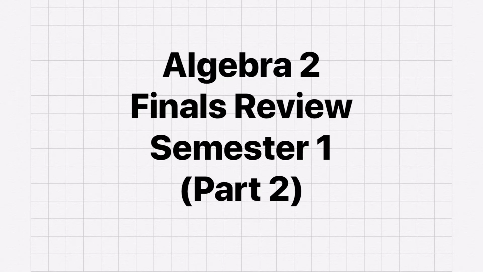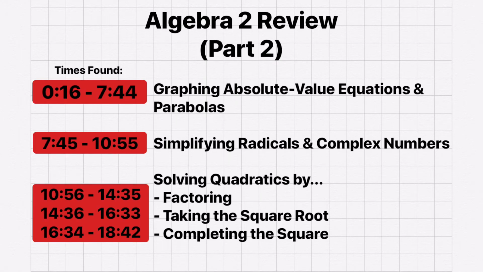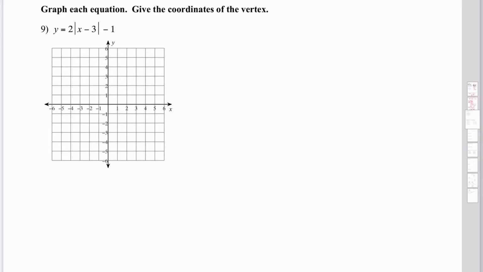Welcome to part 2. In this video, we're going to talk about graphing absolute value equations and parabolas, simplifying radicals and imaginary numbers, solving quadratics by factoring, taking the square root, and completing the square. So let's go. Beginning with question 9, they're asking us to graph this equation and to give the coordinates of